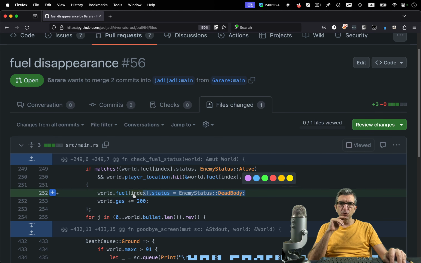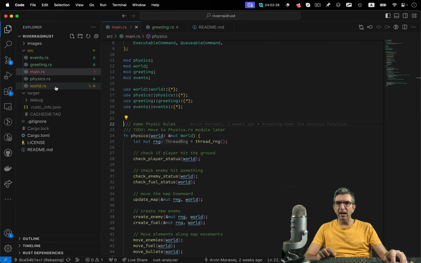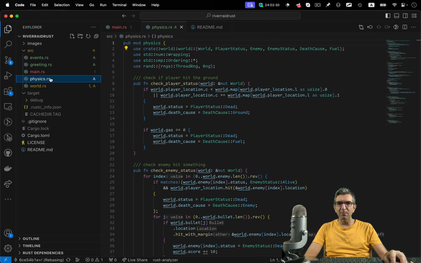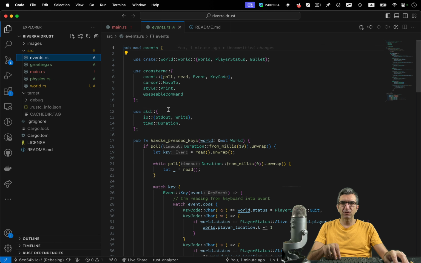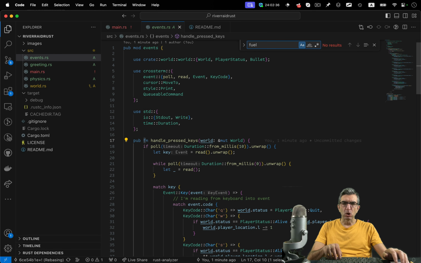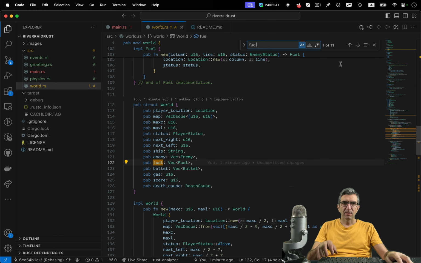During the fuel, it had this line. So where fuel happens now, it should happen maybe in physics. No, in events. No, in world. Pop fuel, right?